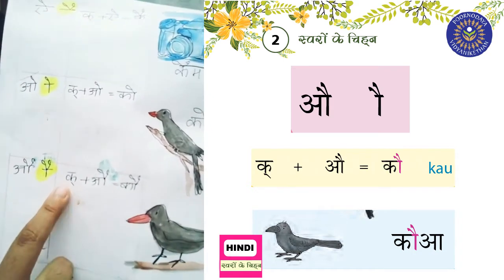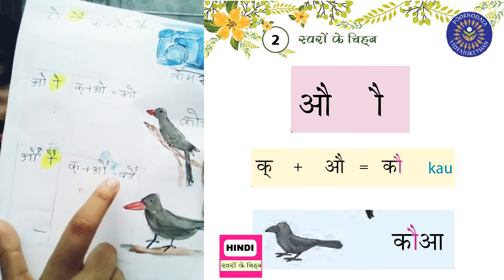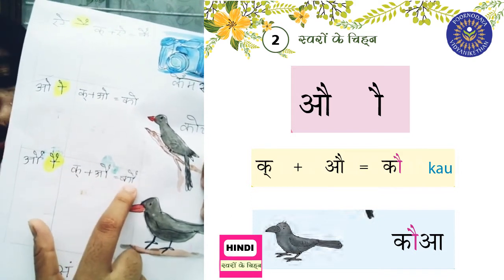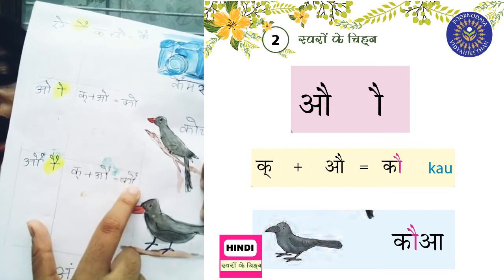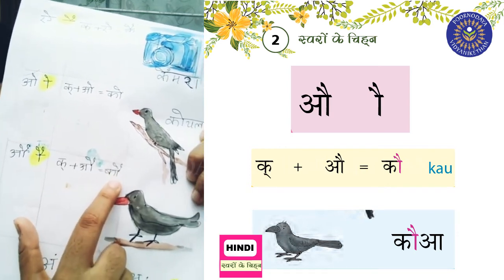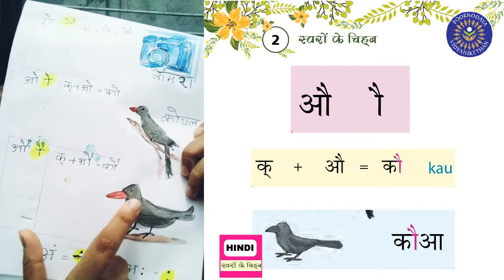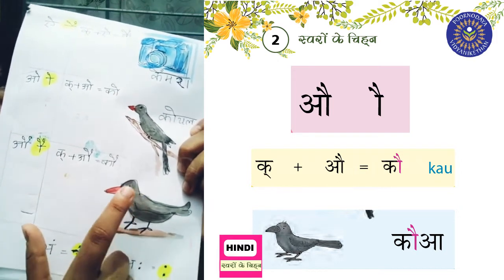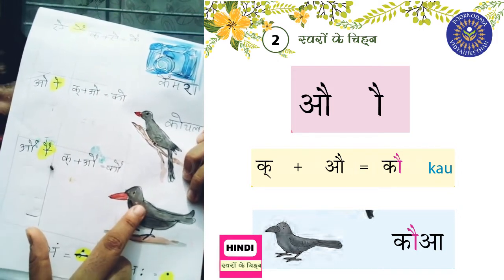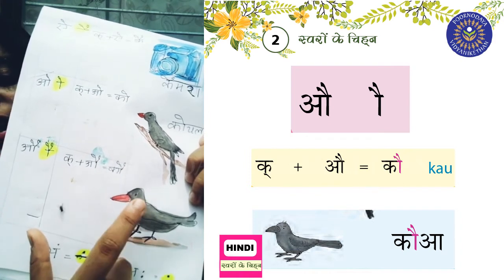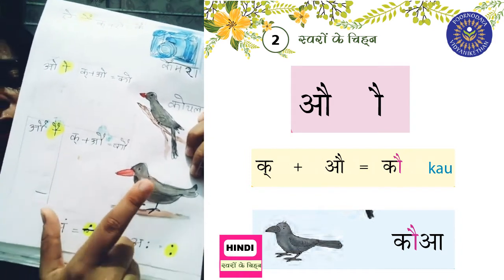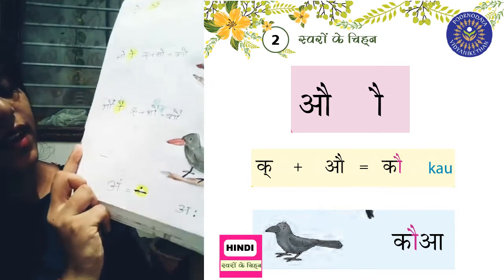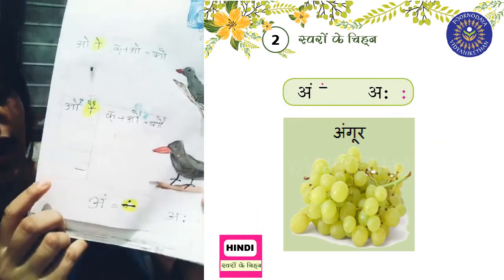When you combine ka plus ow swar, it becomes kau. Ka plus ow matra. Kawa. How does kawa sound? Ka, ka, like a crow. Now your last matras are